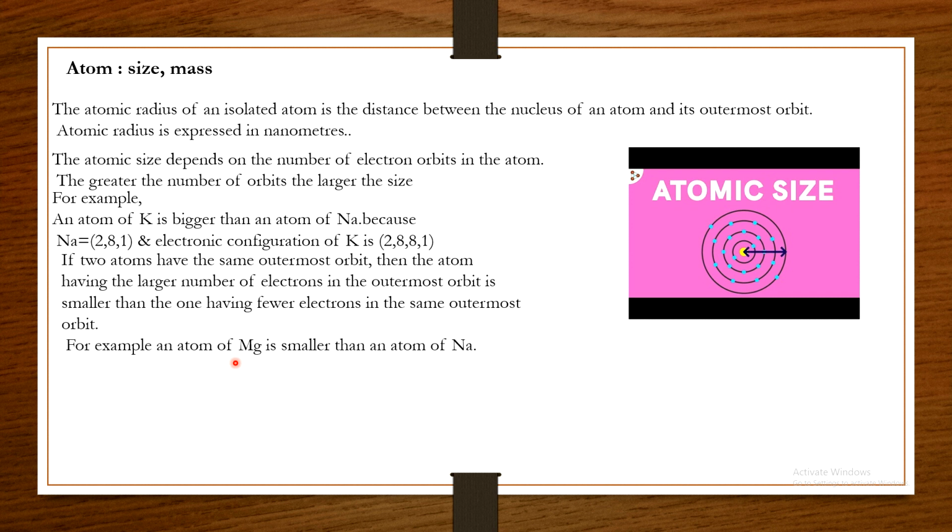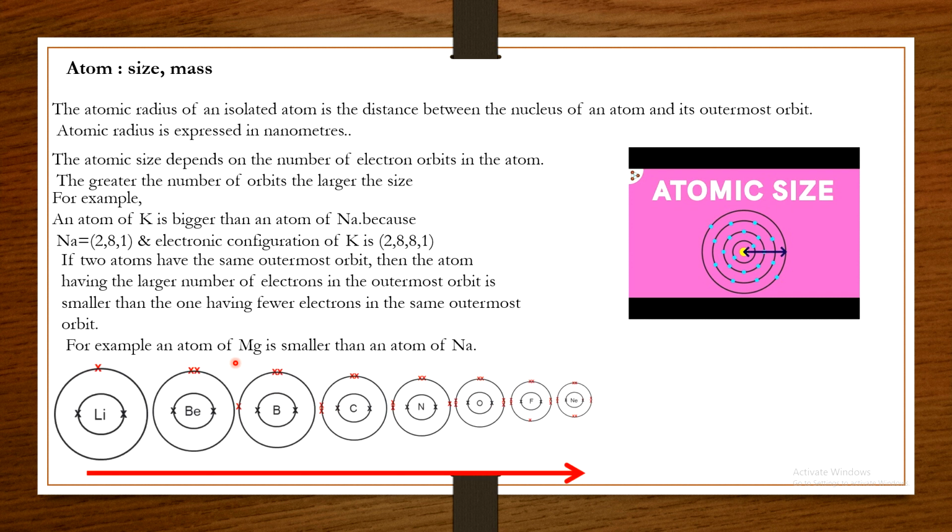That means the outermost orbit is the same. So how to compare which atom is bigger? Observe that in the sodium atom, the last orbit contains only 1 electron, while magnesium contains 2 electrons. That means the number of electrons in the last orbit of magnesium is greater than that of sodium. That means the nucleus charge of magnesium is greater,